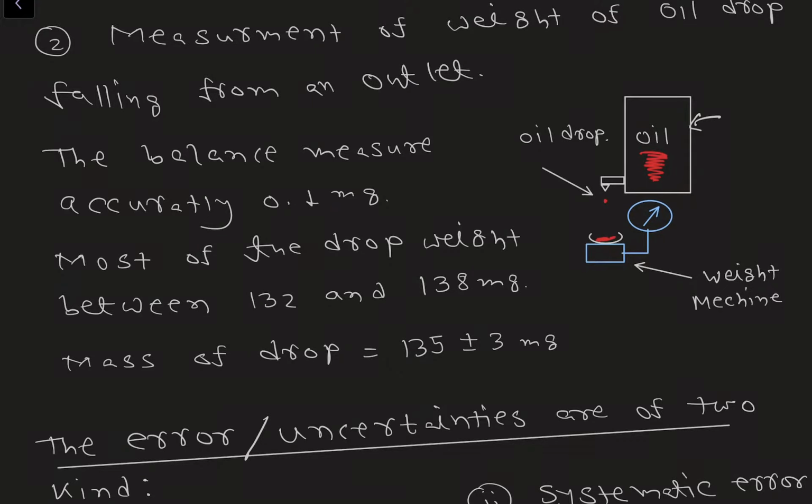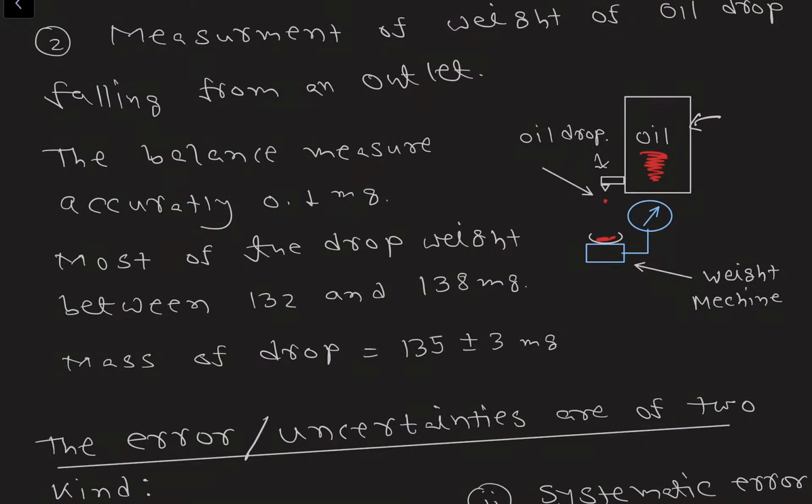Let us come to another example of error. So assume that we have a tank of oil, and from its tap oil is coming out. Now when this tap gets old, say after 10-20 years, when you tighten the tap, you will notice some dripping forming. It will not completely stop. You will notice an oil drop coming out every 5 minutes or every 10 minutes or so.